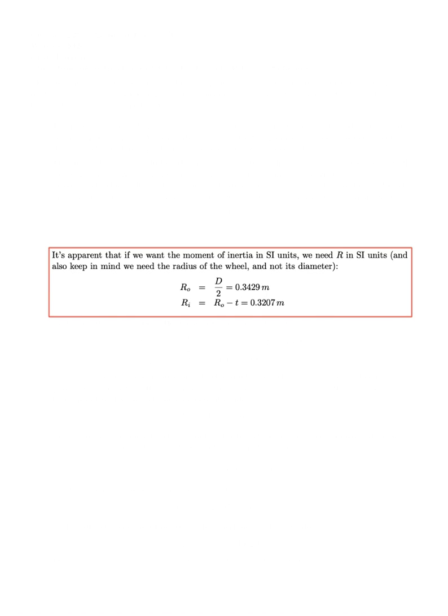Now the inner radius is whatever the outer radius is minus the thickness of the wheel. Notice that in order to do this, you can't subtract the thickness of the tire and the rim from the diameter. You have to subtract it from the outer radius. So that's what I get for the inner and outer radii of the wheel,